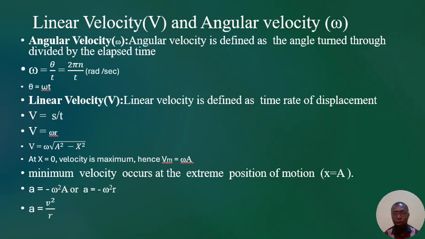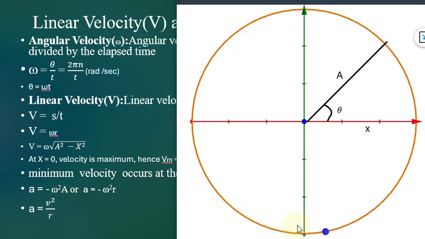Look at this object here. This object is moving in a circular manner, and as it's moving, it gets to the starting point again. This place is the starting point and it moves again. Now, in this movement, it has been observed that there is a particular distance from the equilibrium position, that is the starting point, from this center here,